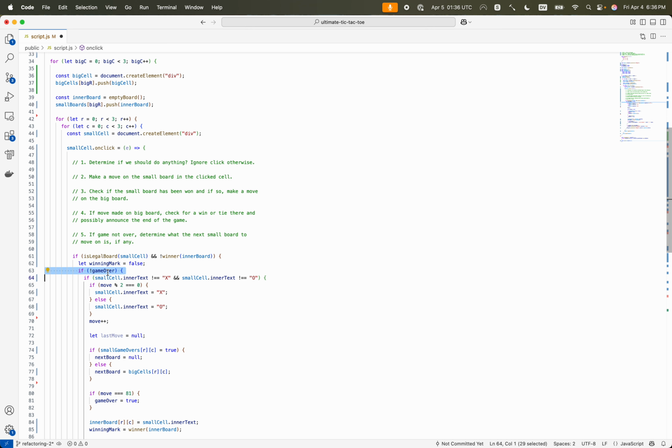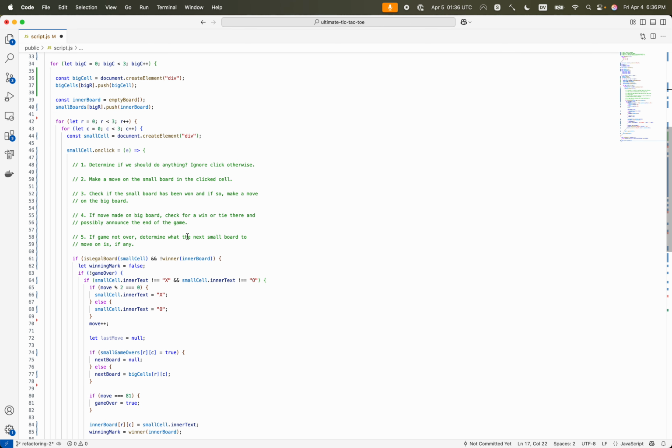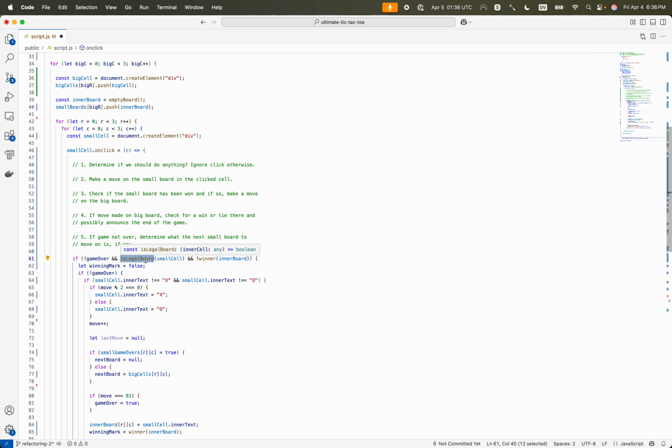There's also this if game over, and if we said game over was the whole game being over, it almost feels like this should be up here as well. So to really determine whether we should do anything, we have to check all those things. So I'm going to move that up here: if the game's not over and is legal board, I'm going to